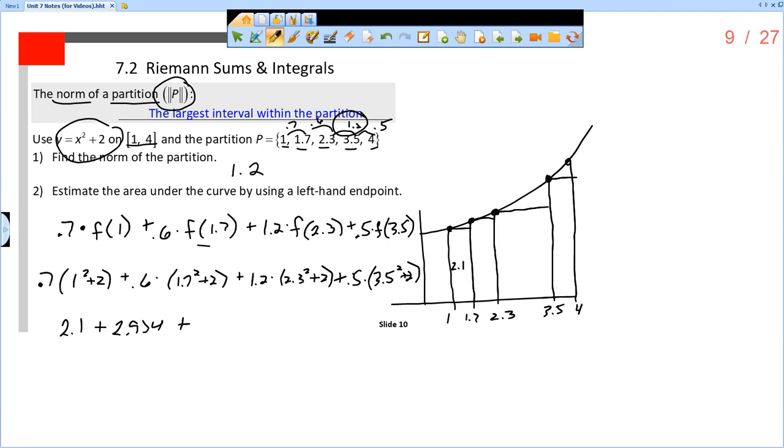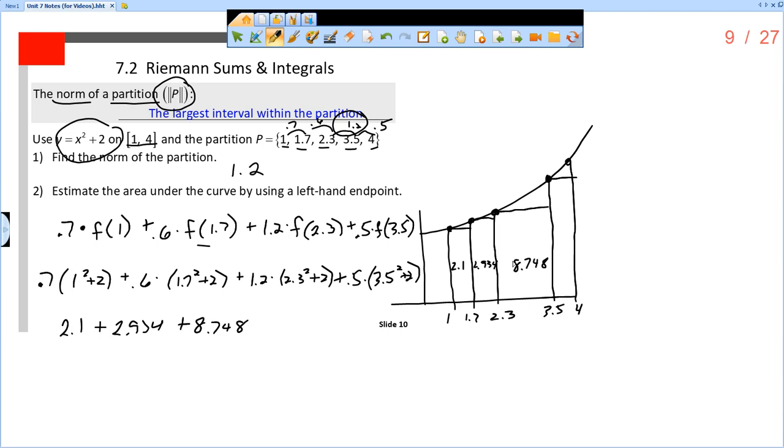Plus, now I have 2.3 squared plus 2, and then times 1.2. All right, and that gets me 8.748. All right, so remember this is like the 2.934. All right, and then this one is